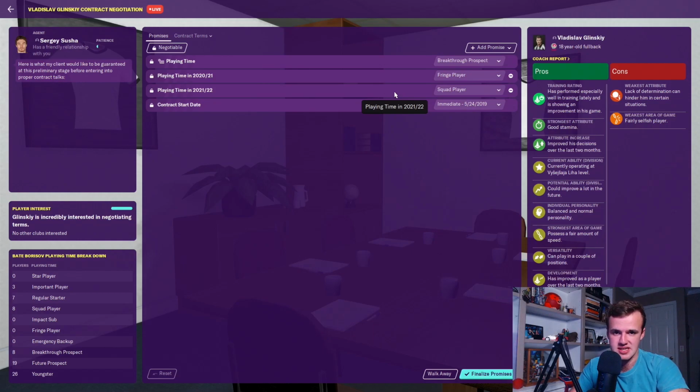You end up signing somebody else in that place. This person doesn't quite develop the way you thought they would. All of a sudden, they're not a squad player and they want to leave, and you lose some good depth or something like that. But it is a good way to negotiate